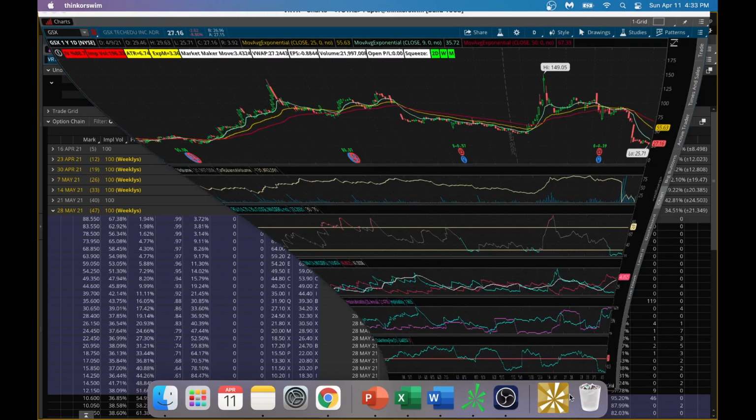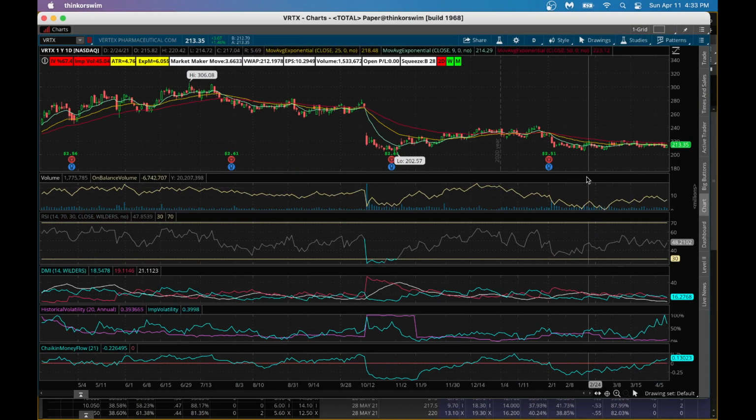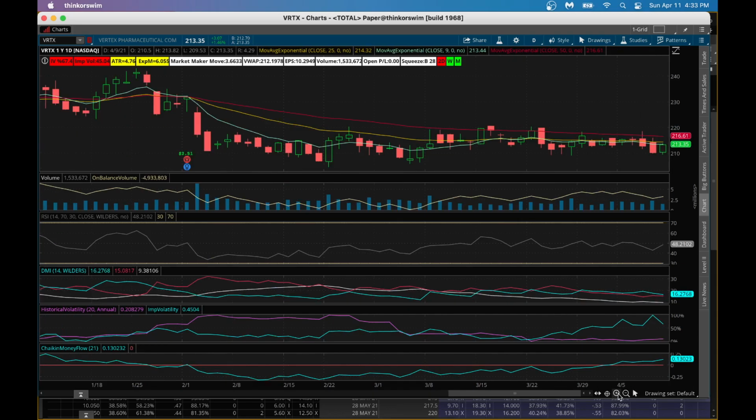If I go to the chart here, Vertex Pharma, as you can see, it's trying to stabilize, flatlining for the most part from a stock chart perspective. If I make it a little bigger, the stock price is below the 50-day moving average and below the 25-day moving average. It's slowly trying to bounce off the 9-day moving average, so it's showing some strength at this point, even though it has sold off nicely. And from an on-balance volume perspective, it's trying to go up a little bit. That's telling me people are buying into this stock.